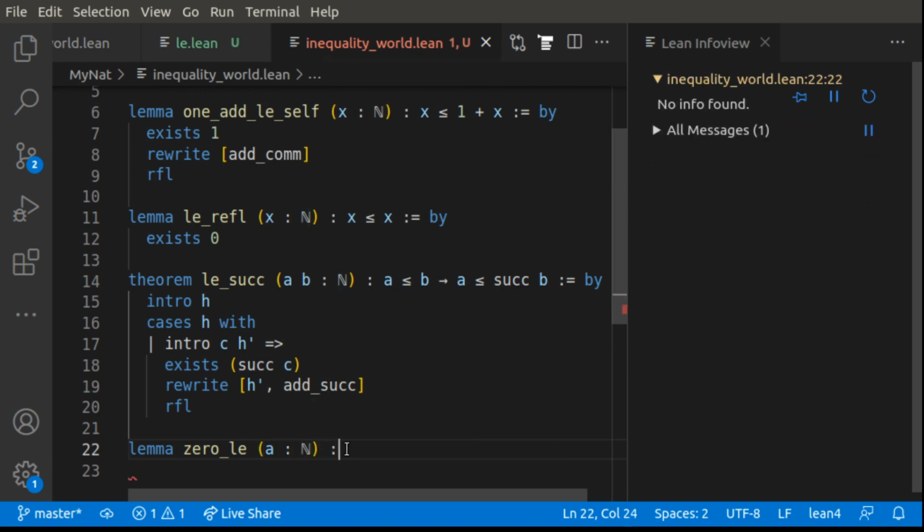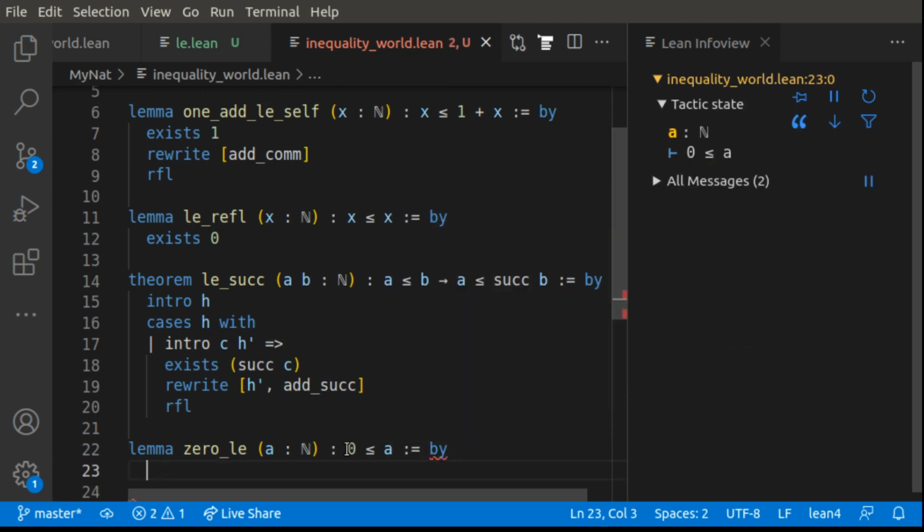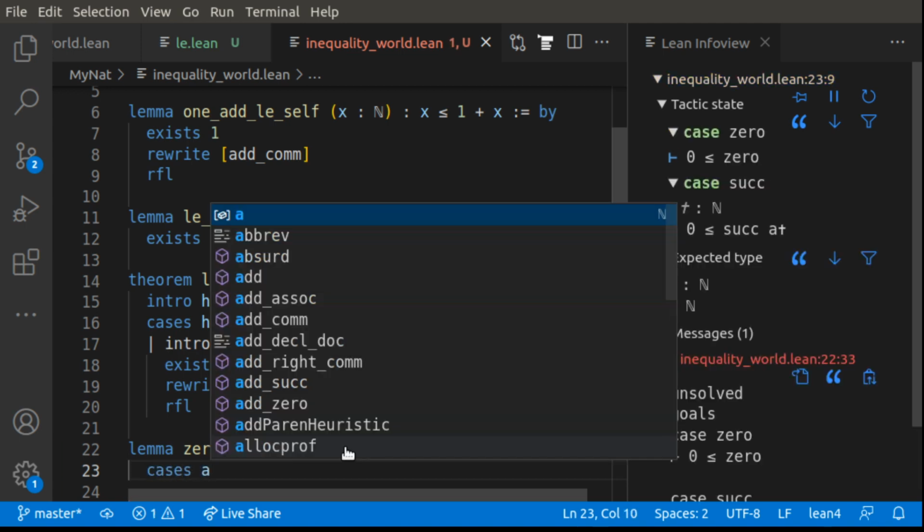We want 0 to be less than or equal to A by, like, we kind of want to split A into cases where it's 0 or it's the successor of something, and then prove that by contradiction or something. So cases A with